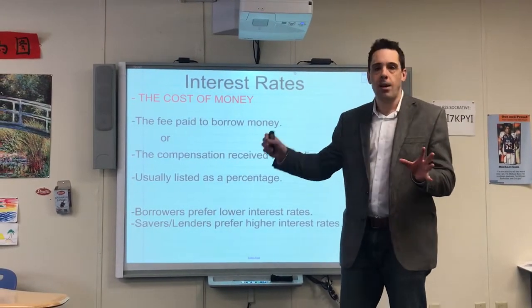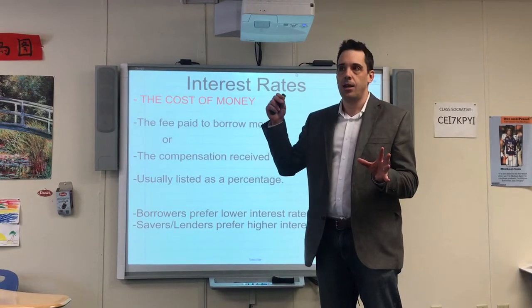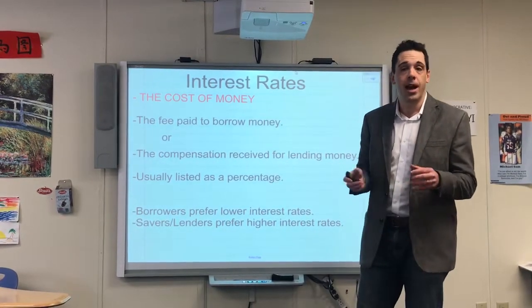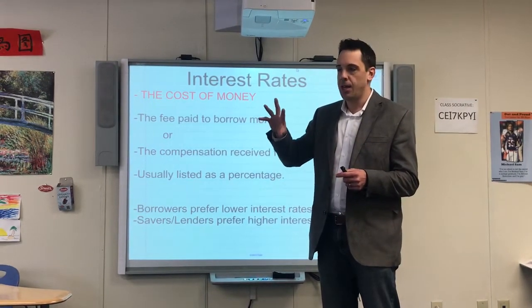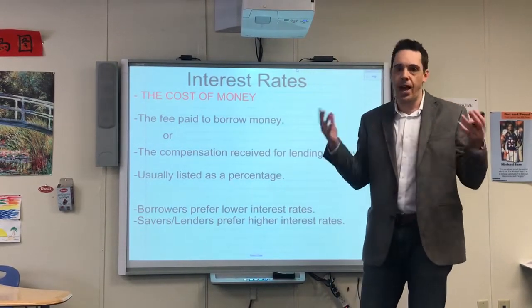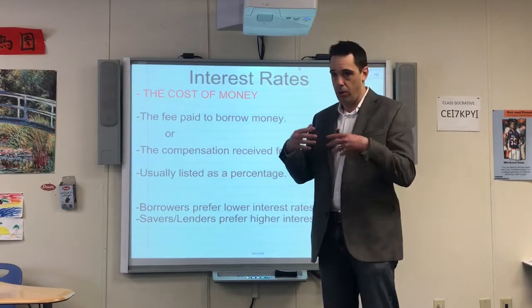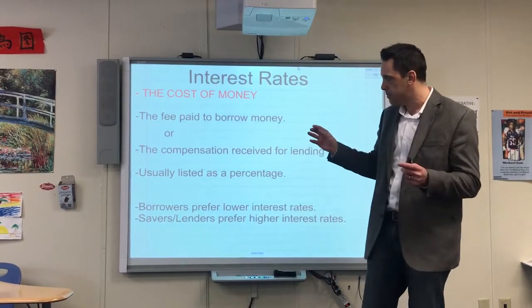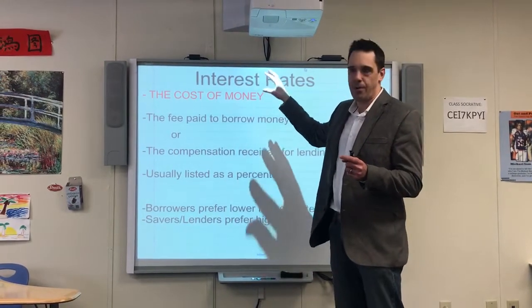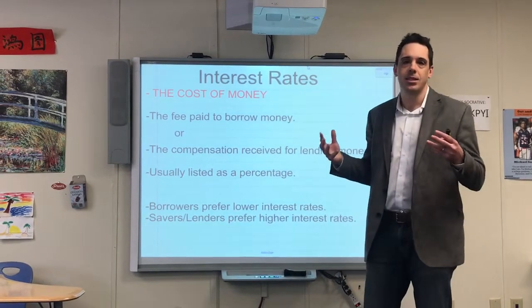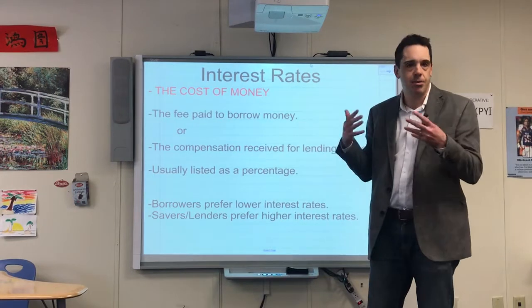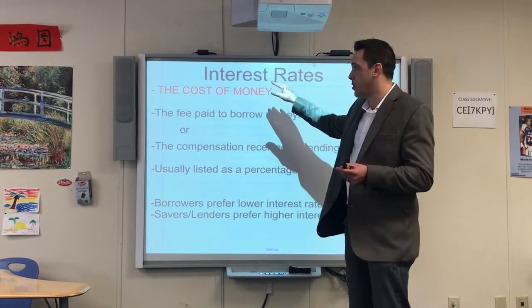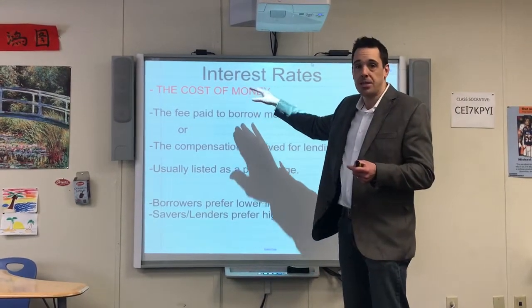One of the biggest problems, or the biggest leads to confusion of macro, and especially Unit 3, is that we think of money separate than we would think of apple juice or Coca-Cola or basketballs or chairs. We think of it as a separate entity. However, money is something that we buy and sell like anything else. It is controlled by supply and demand, and there's a price of money, and that price is the interest rate.